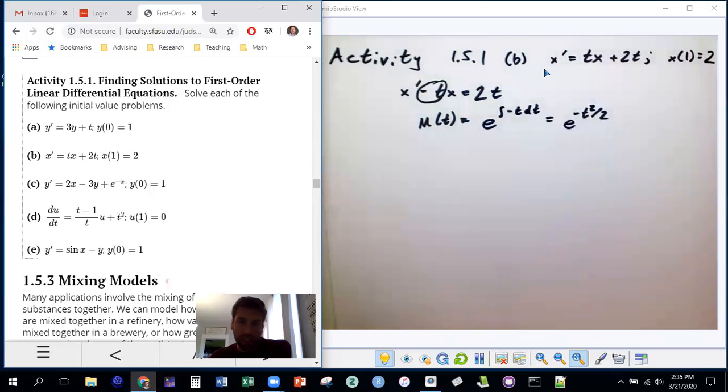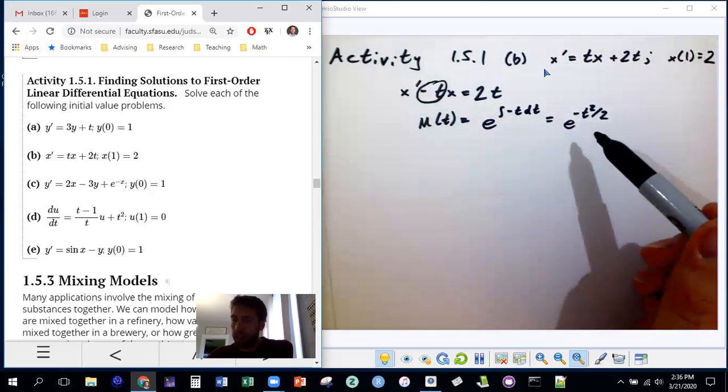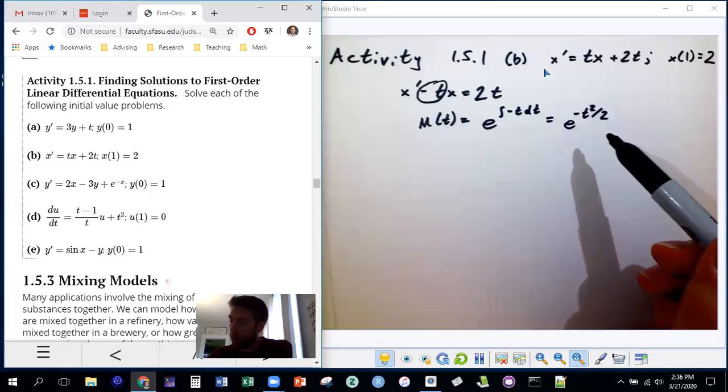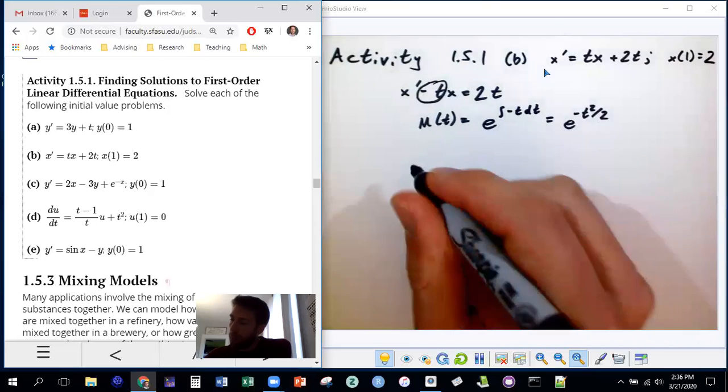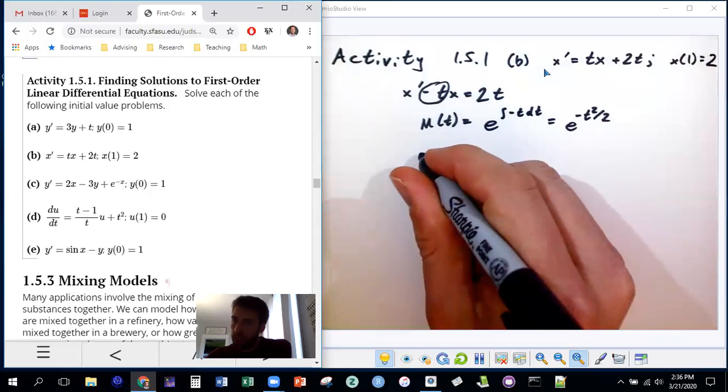Just like I explained last time, we don't need to include a plus c in there because it would all wash out. So all we need here is the e to the negative t squared over 2. So that means that x of t